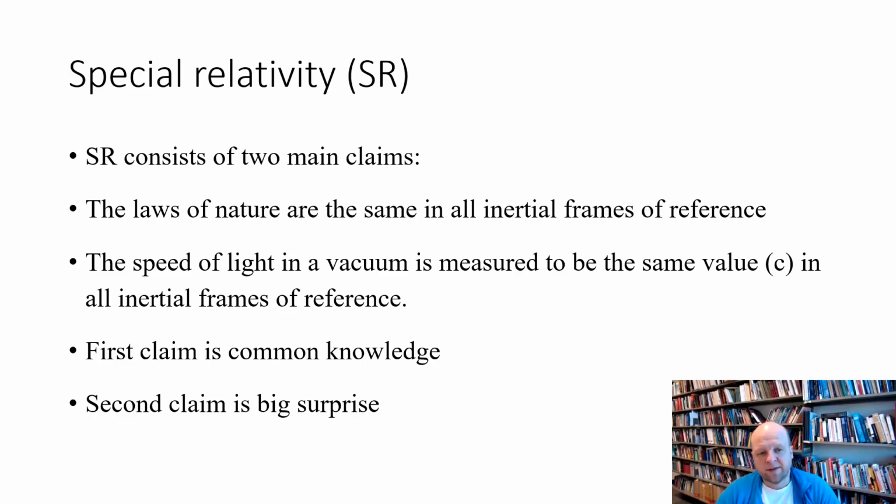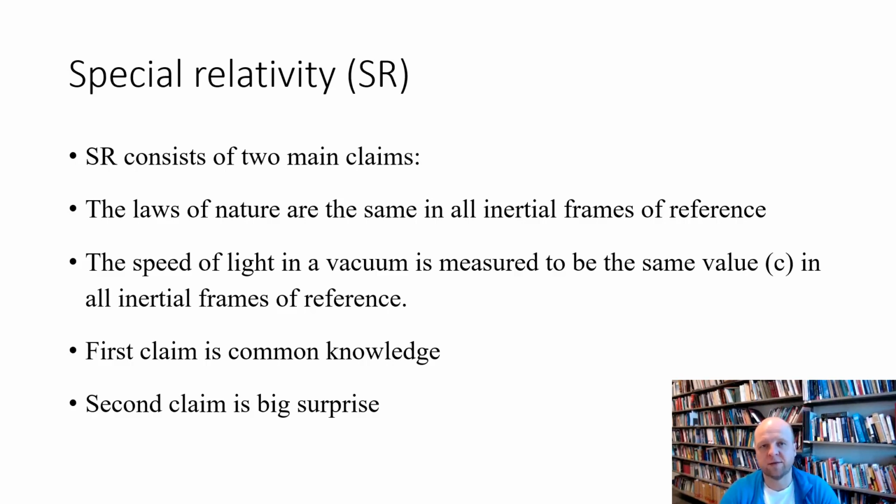And the first claim was, well, it's not common knowledge at all times, but it was Galileo who discovered this at around 1600 when they were discussing whether the Earth moves around the sun. And people couldn't believe that, because they said, well, we can experience that we are standing still. If we had been moving through space thousands of kilometers per hour, then we would have noticed. But Galileo said, well, think about it. If you're on a boat, under deck, curtains, you can't see out, etc., then it's difficult to know whether the boat is standing still or moving. And it's the same with Earth.